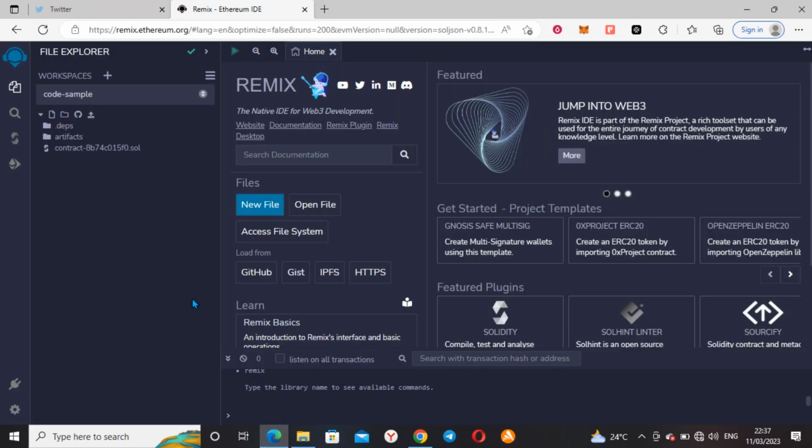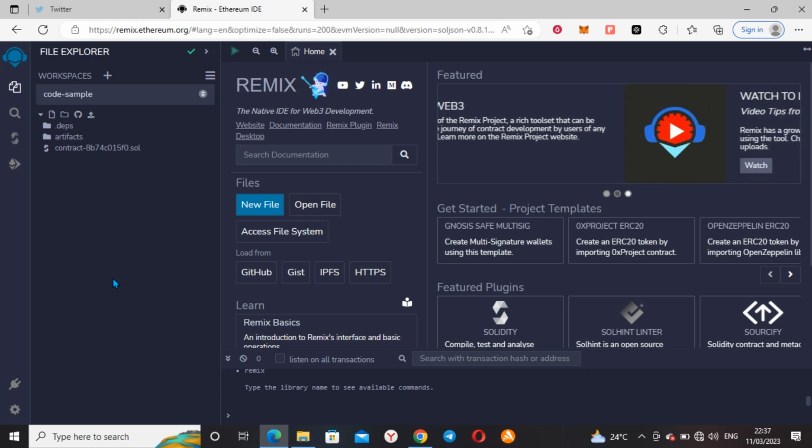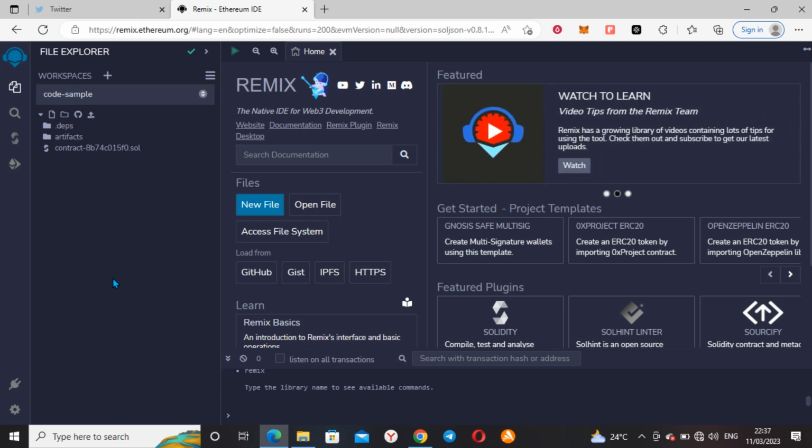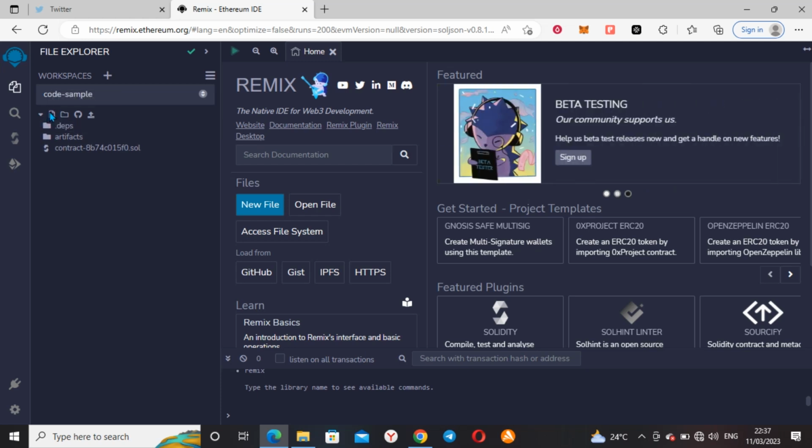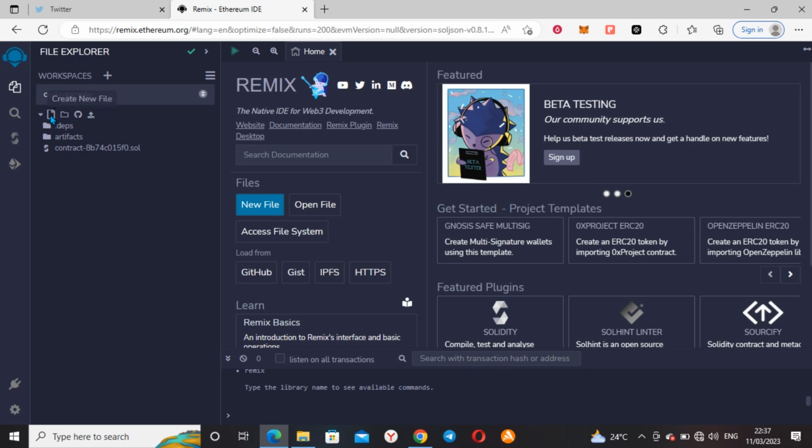So this is how we go about starting. As I said earlier, it's about contract deployment. And to deploy a contract, you always need a file that we use to deploy the contract. For those who are doing contract deployment for the first time, I'll be starting from scratch. As you can see, the first thing we need to do is to create a new file, which is this. So when you click on create a new file,